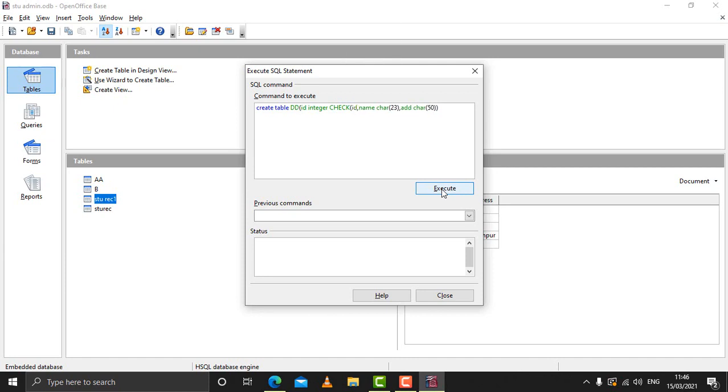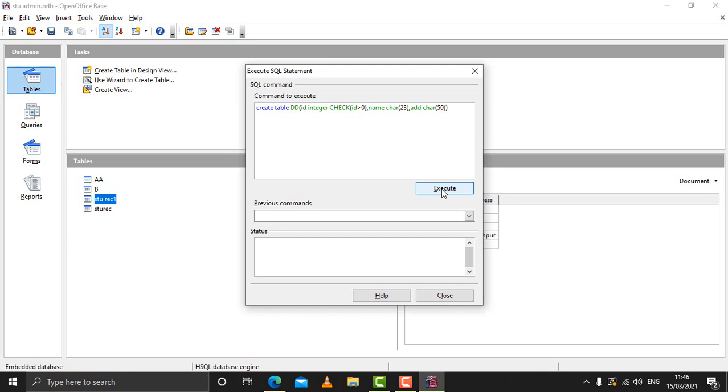The condition suppose will be greater than 0. So here it means that in field id the values can be only and only more than 0. The values cannot be 0 or less than 0.